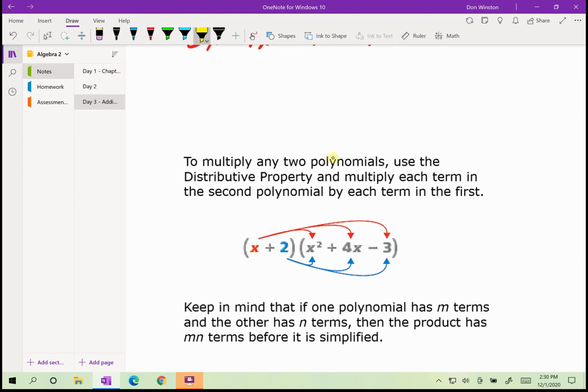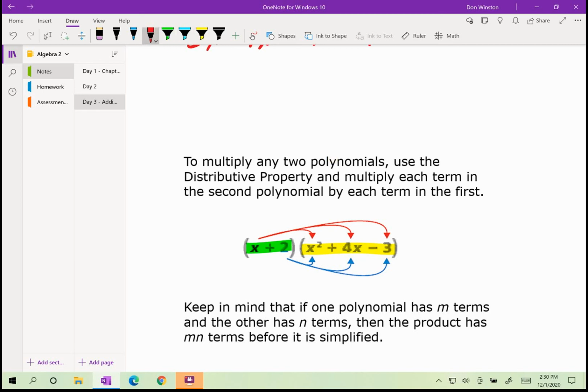Okay, and if you want to do this approach here, I would always say have the polynomial with the greatest number of terms on the right, and then the polynomial with the least number of terms on the left. All right, so